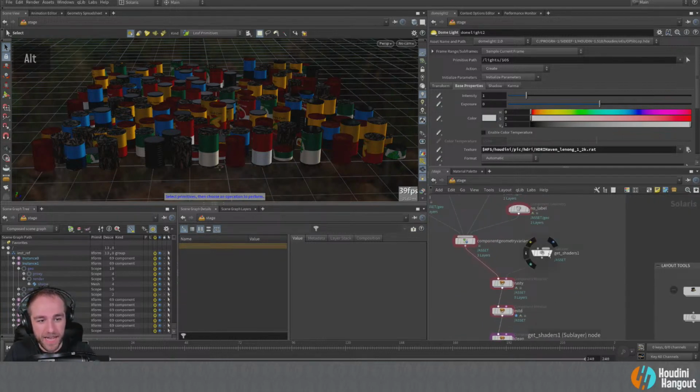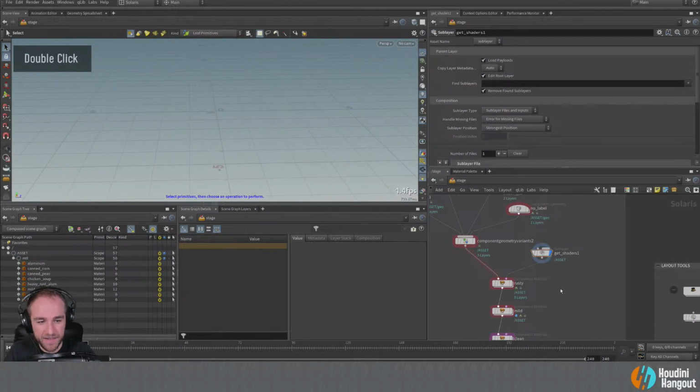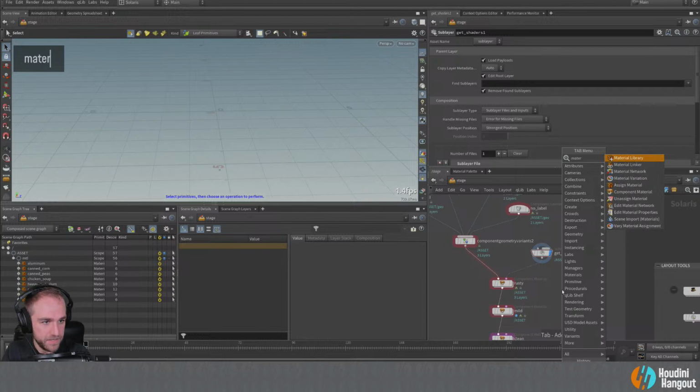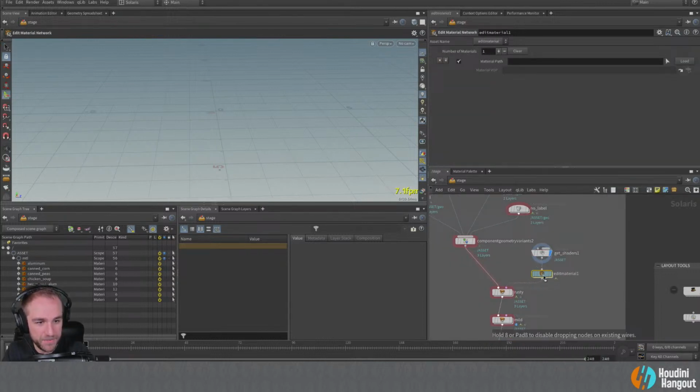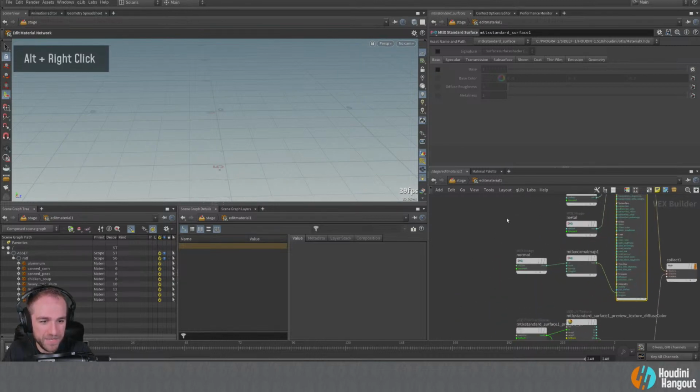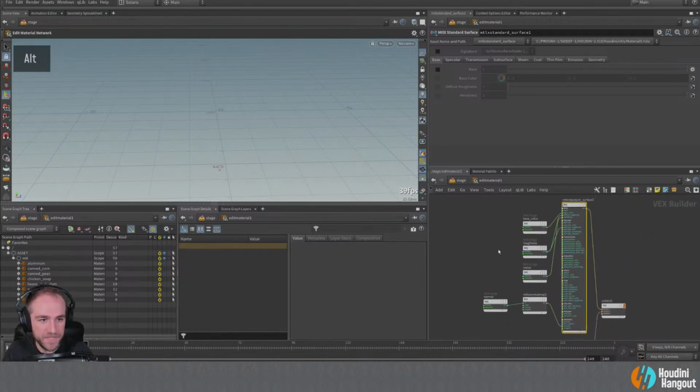I forget about that. Let's look at these shaders here because I am curious about this. Let me just do material. There's an edit material network. I should be able to see what this is. So let's see here. Let me look at one of these that's relatively interesting. Yeah, let's do this one. Material path, load. I think, yep. Yeah, these are MaterialX shaders. So this is my MaterialX network here inside of there.